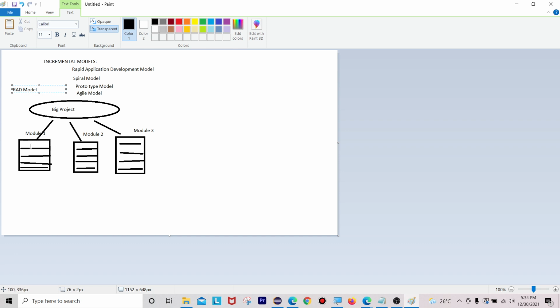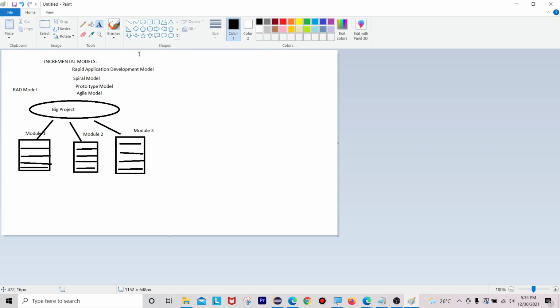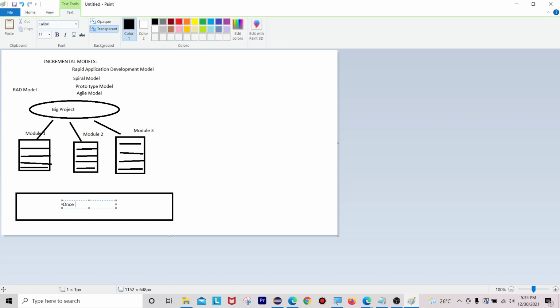Once the login page is completed, the home page is completed, and the third module, outbox or deleted items, is completed, we will deliver this to the customer or client.